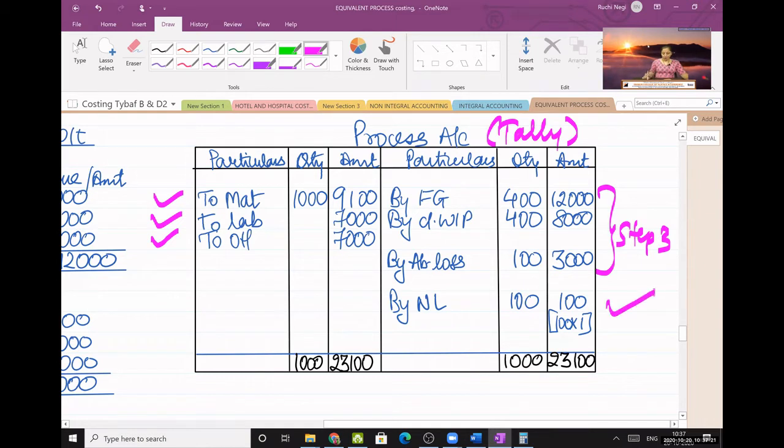And normal loss is a sort of revenue to me. In the example I gave you, raw material of 2 rupees sold as scrap for 50 paise, so 2 rupees minus 50 paise, my cost is actually 1.50. Because that 50 paise is a scrap revenue to me. By selling it, I earned something, 50 paise.